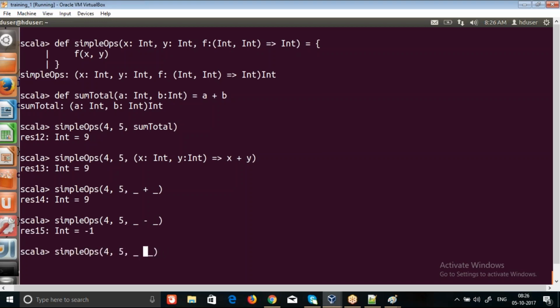I can also specify star. I need not define a product function and then pass it as a parameter. I can just use the shortcut and achieve the multiplication of two parameters. We are reusing the simple ops again and again for different usage. In a similar fashion,